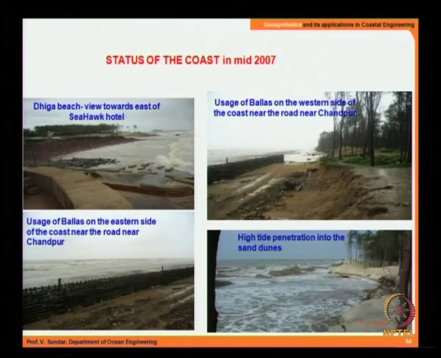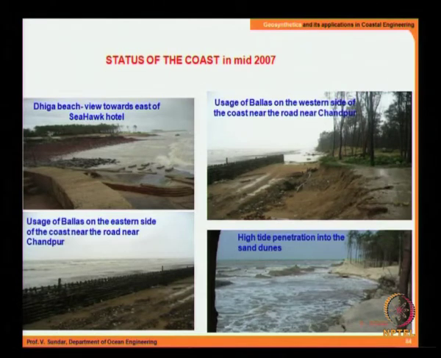and initially there were proposals for protecting it with rubble. There are two points. Rubble stones were not available in the near vicinity, and they had to be brought from a long distance. The second point is that the local people did not want any stones because they did not want to spoil the beach. So hence some kind of alternate solution needed to be thought of,